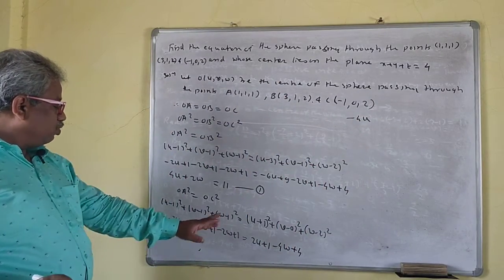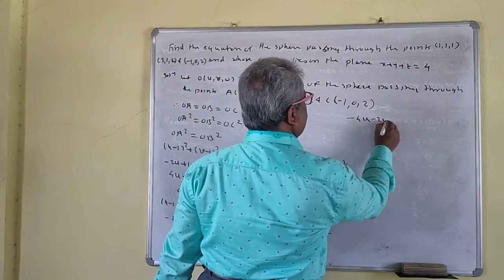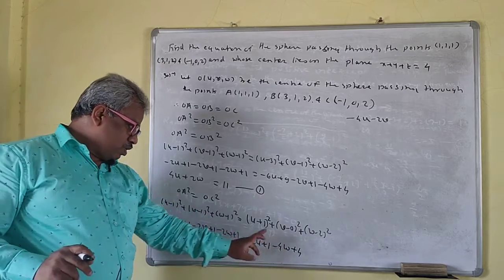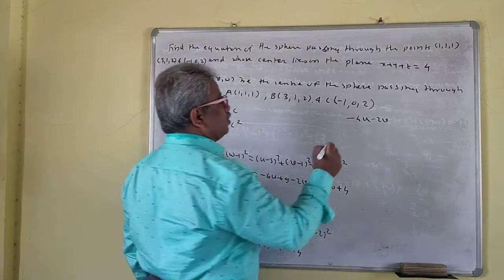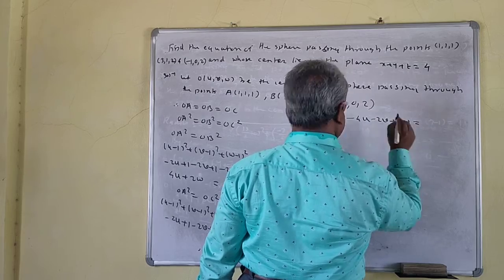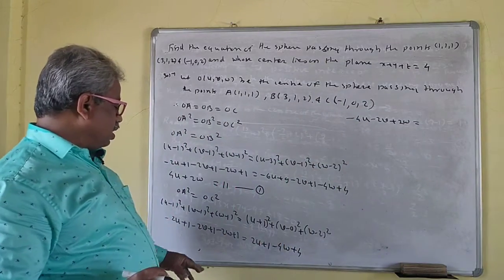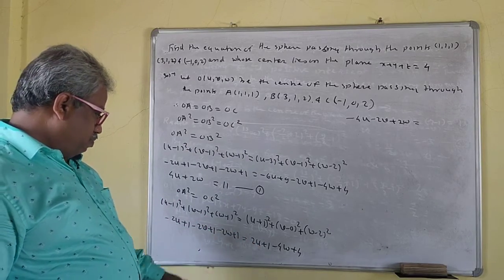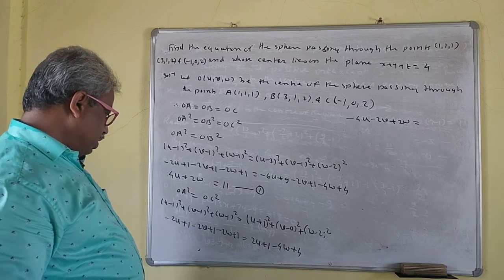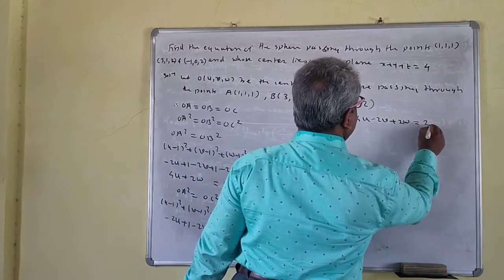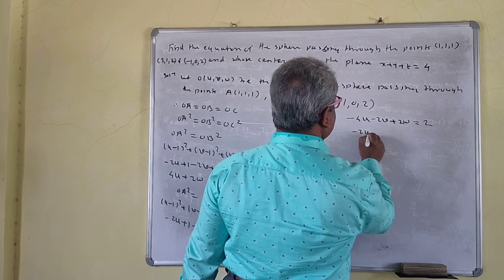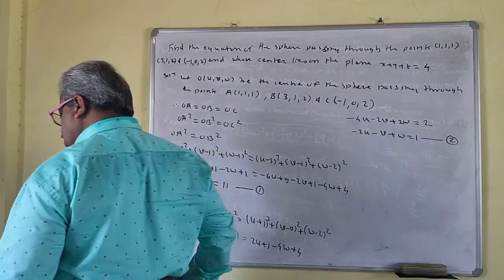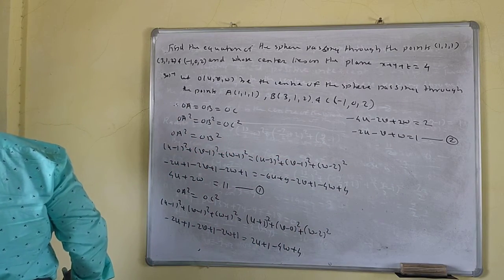How many V? There is no V. So we add this now. This twice V, then this is minus twice W. This is minus 4W, it becomes plus 4W, becomes plus twice 2W. 2W is equal to. Here constant is 3, here constant is 5. So 5 minus 3 is 2. Okay. You can divide by 2. So this is minus twice U minus V plus W is equal to 1. We will call this as 2.